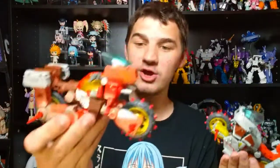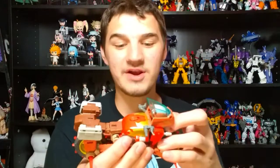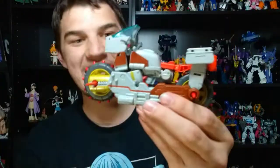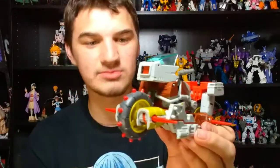It looks like Retgar is trying to be a much more lightweight motorcycle, and yeah, he does that well. I never disliked this alt mode. Let me make that very clear. I've always thought Studio Series 86 Retgar was an absolutely stellar toy. He made my number 3 pick of 2021. I love this figure. I love this alt mode. It's a wonderful figure. But this dude with this massive chunk-tastic motorcycle mode and that awesome looking robot mode